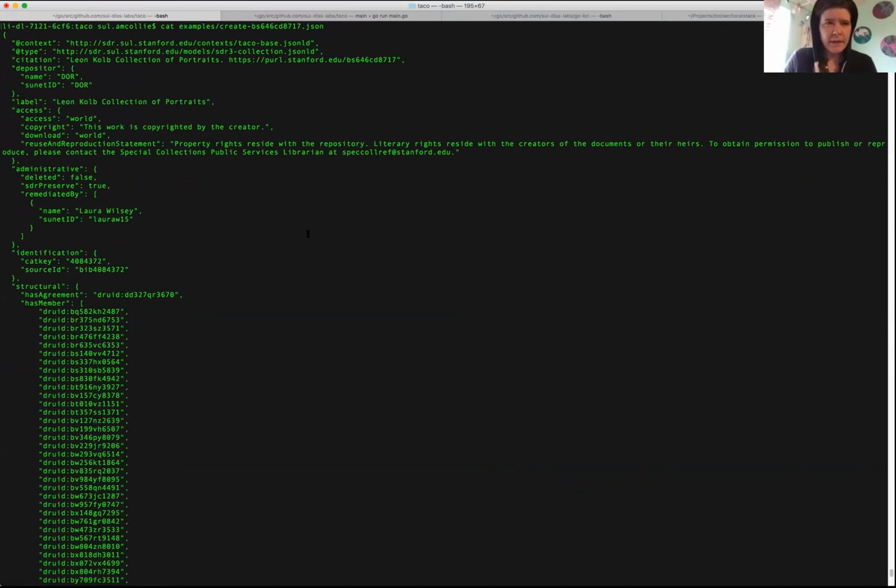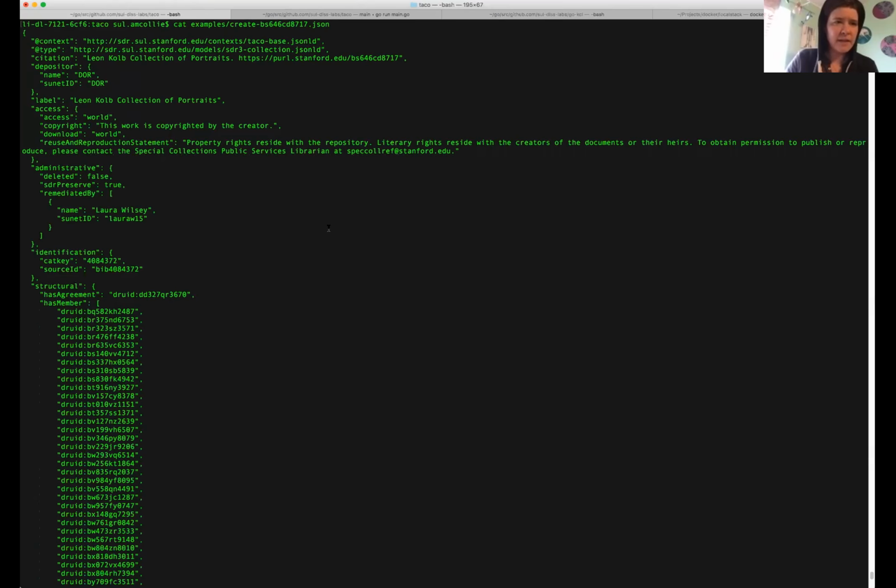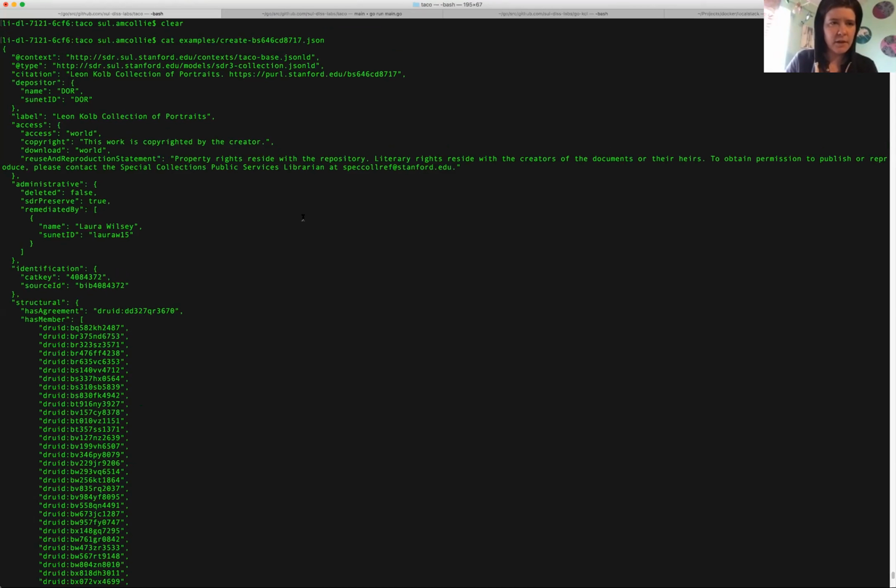So this is just looking at one of the example JSON resources in our Taco GitHub repository codebase. If you want to explore more on your own, you can see this is a JSON-LD object. We're treating all resources that come into Taco as JSON-LD. We've got more information beyond the context and type, which I think we've shown in previous iterations or demos, to the use of top-level properties in that JSON as the properties that we need for Taco validation or management,